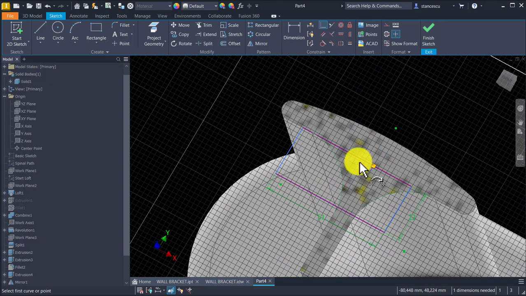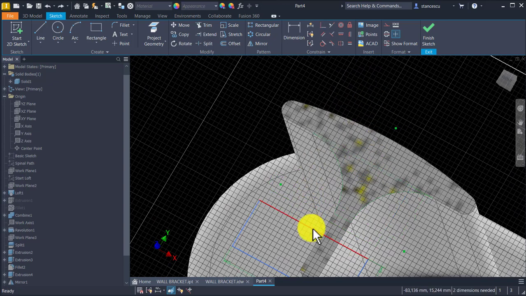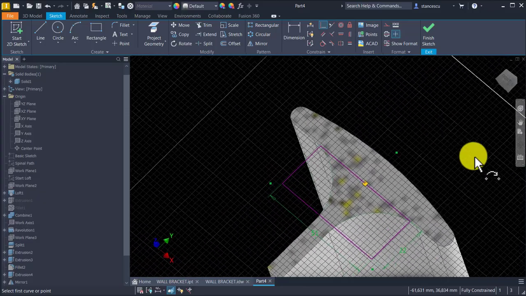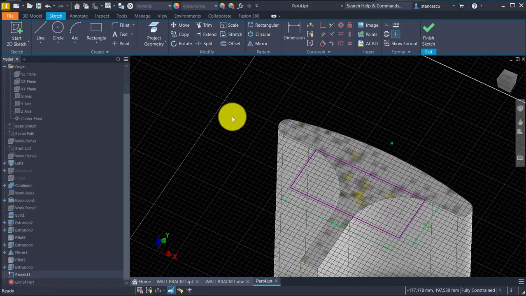We can press Control Z. We can place directly this midpoint on the other midpoint. Yes, they are very well placed. Now we project